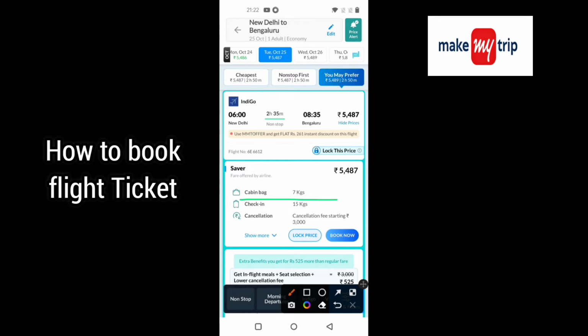you can get a list of baggage details. Cabin baggage can carry 7 kg, and check-in baggage is allowed 15 kg, and cancellation fees start from 3000. And then select the book now option,